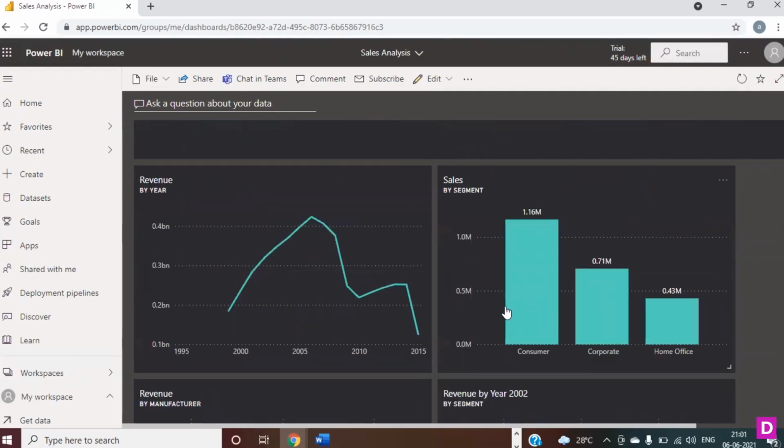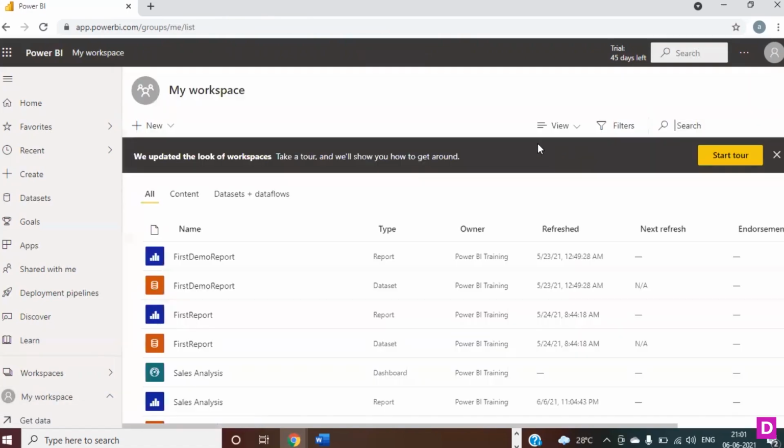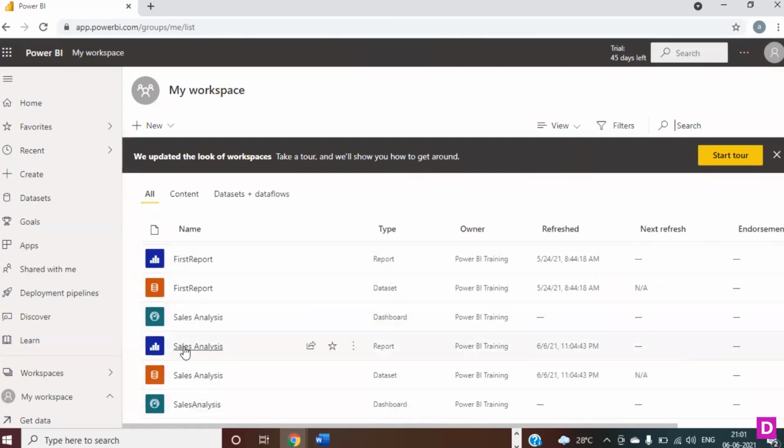First of all, a dashboard is something like already analyzed data, which you are just giving to your stakeholders to go and represent in the meetings, in the panels where they want to showcase these reports. So generally, we don't need any more filters in the dashboard. If you go back and see this in your reports, let me show you one important point here. If I go back to my report,